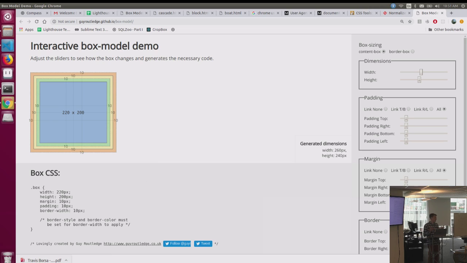The important thing that we need to remember with the box model is there are 2 iterations of the box model. We have both a content box and something called a border box, up here at the top. We're going to do a little bit of an activity where,